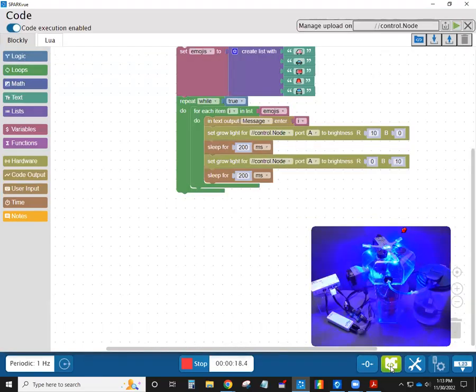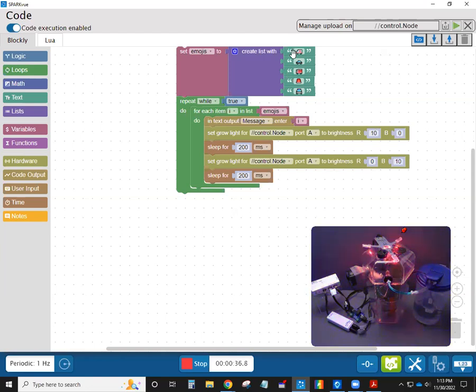Let me explain how it's working. So here we now have a list. When you're ready and you're intermediate and you're ready to move on and learn more, now you can create lists. So we got a variable called emojis, creating lists. The text output is going to be the different emergency vehicles, and it says in a loop, go through this